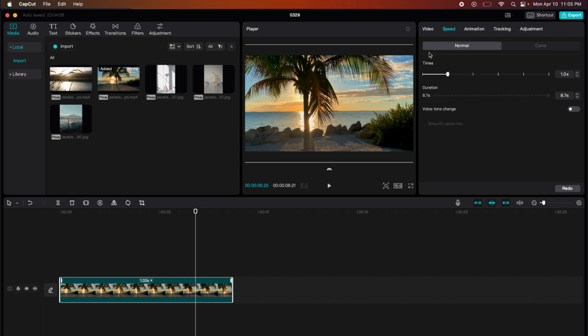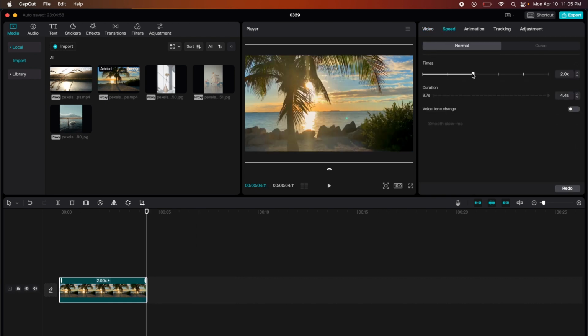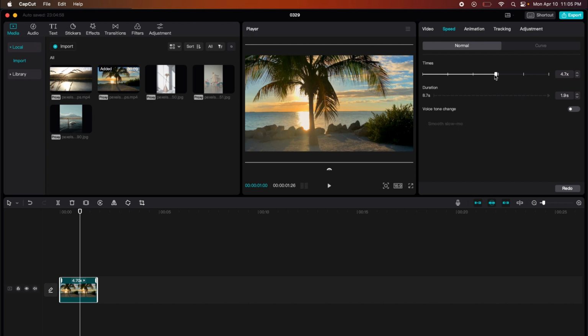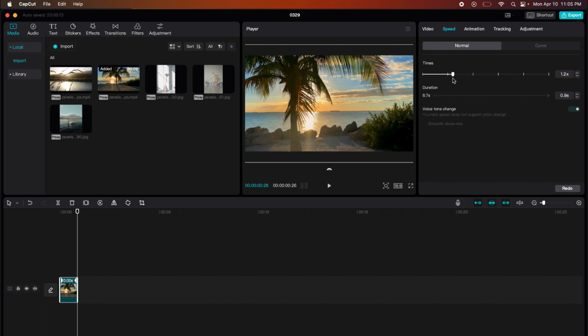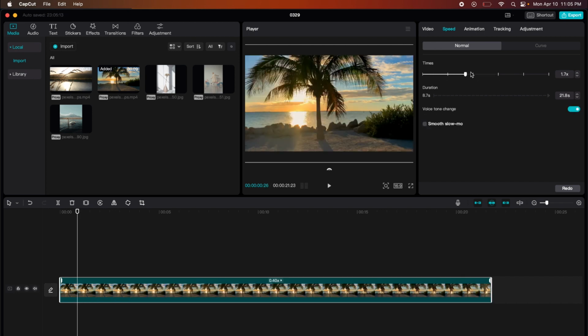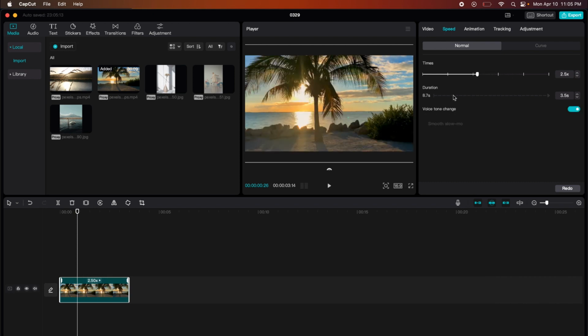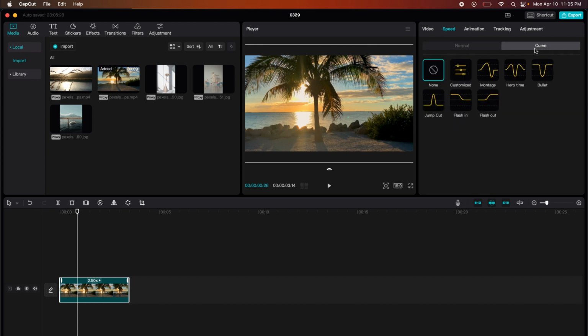And then you have speed. So when you speed things up, as you can see on the timeline, your video automatically adjusts to that. And if I slow it down, it gets longer, goes faster, etc. And then it also has a voice tone change. So when it speeds up, it'll go along with it. You could also add animations, the speed,